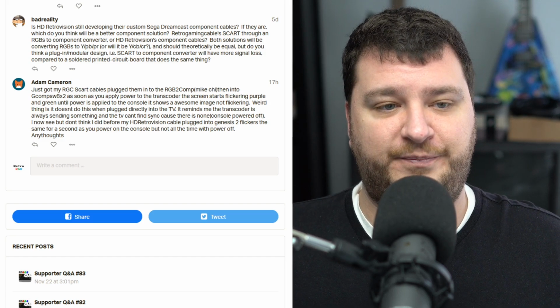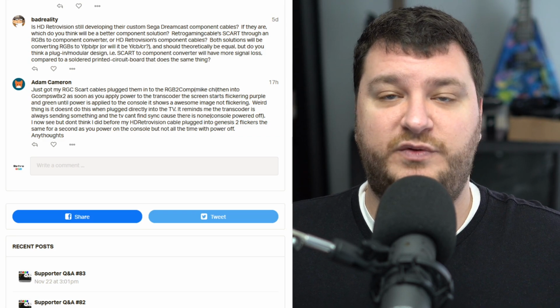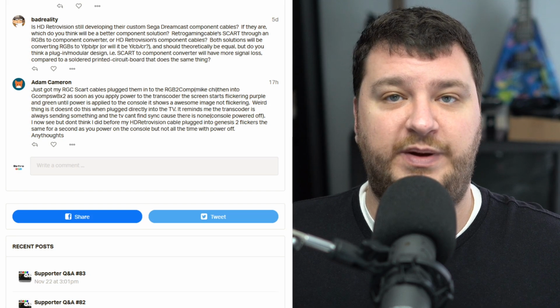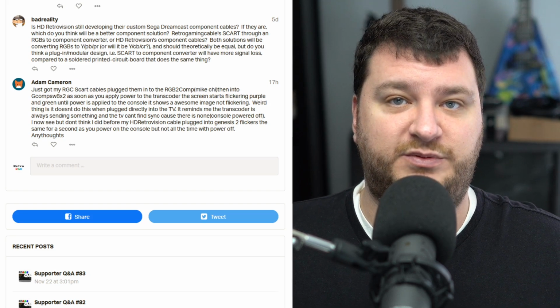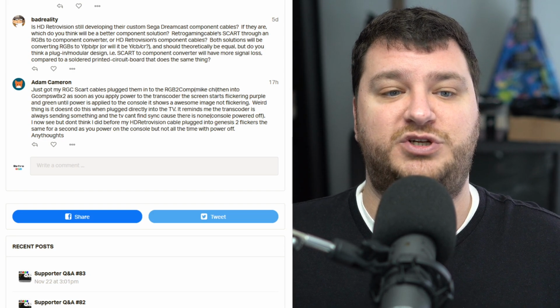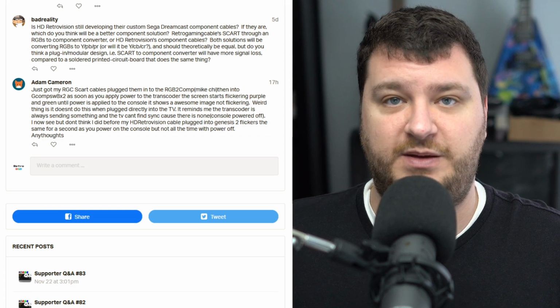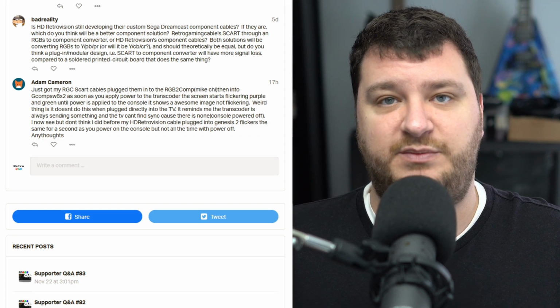SCART through a converter? My technical answer to that is the HD Retrovisions are almost always going to be better because they're designed to solve the problems of that specific console and not to do the generic conversion. However, it's situation based, in my opinion. So let's say, for example, you have